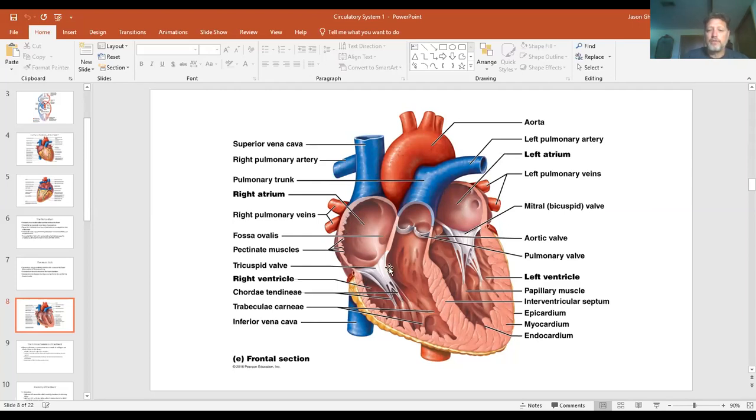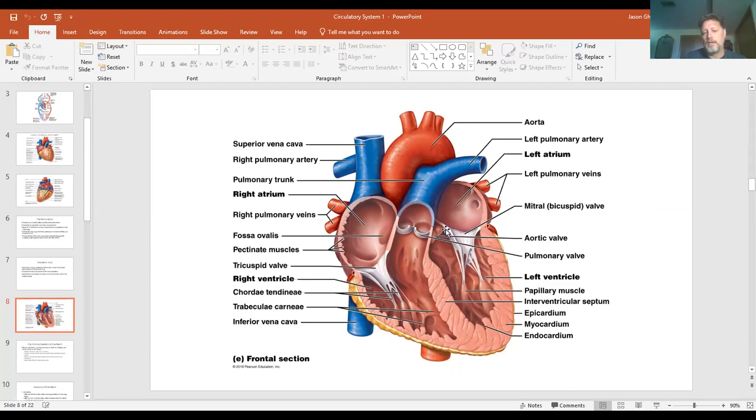You need to familiarize yourself with the valves of the heart. So they're in the chambers. So the first chamber, the receiving chamber, is the atrium. So the blood comes into the atrium here. Then it will pass through the tricuspid valve, going to the right ventricle, goes through the pulmonary valve, going to the lungs, comes back on the pulmonary veins,